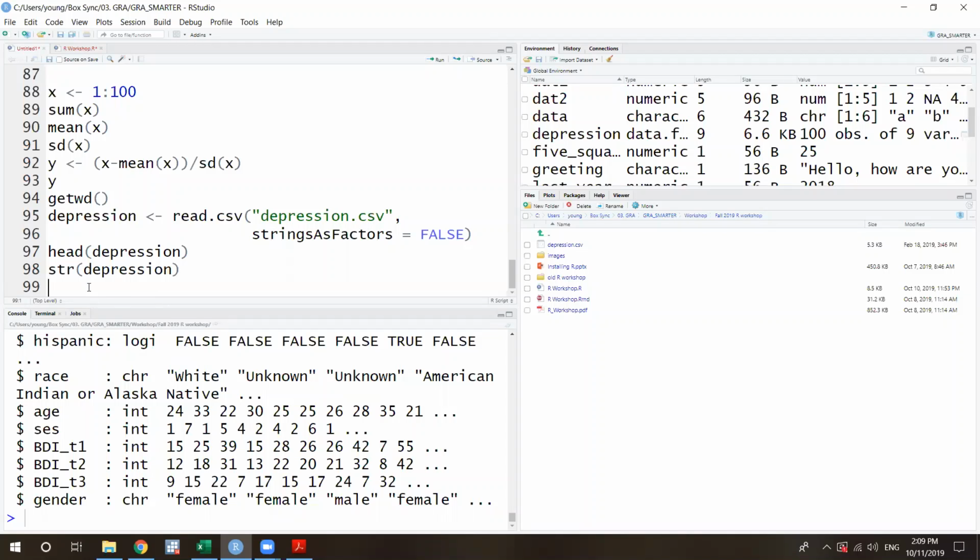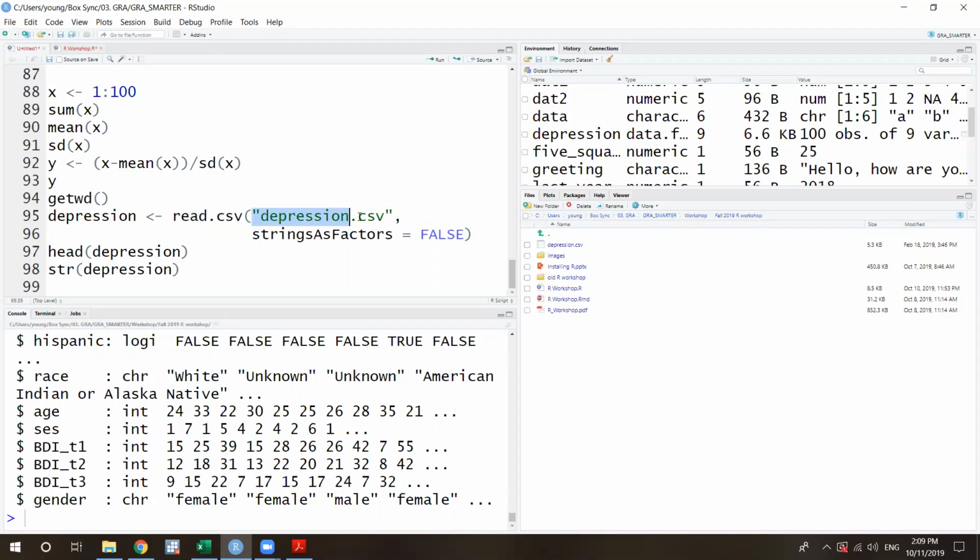I'm sorry, can we take a couple steps back? Would you mind explaining one more time? Line 95, and how you called the data? Oh, this one? Yes. So the function you call the data into RStudio is read.csv. This is how you read the CSV data into RStudio.